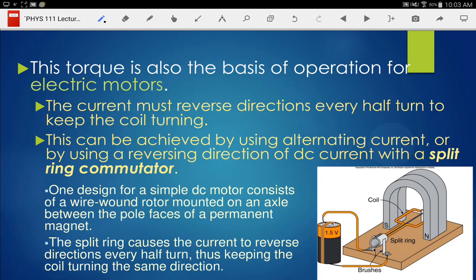This looks like the ones that were made for us, except this only has one loop, whereas the pre-made ones had 3 loops. You see it has the split ring here. The pre-made one that you worked with had 3 wires coming off of that, 3 pieces. We call it a split commutator right there. The ones you used had 3 because it would turn this loop on, and then it would turn this one on, and then this one on. And so you were always using 2 of those 3, and one was being omitted